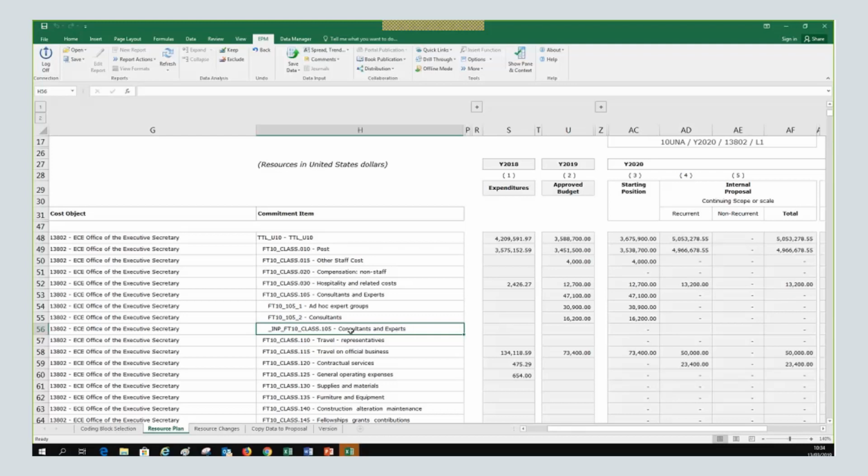Very important: in principle, unless there is a reason and you have justification for that, we are not going to enter at the IMP level. In general, the guidance and instructions is that we will enter a commitment item, or if needed, maybe a subclass, but in principle, it's always at commitment item level. We are not entering in the lines that start with IMP.